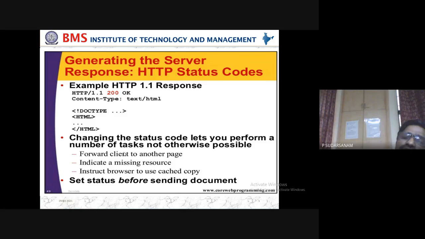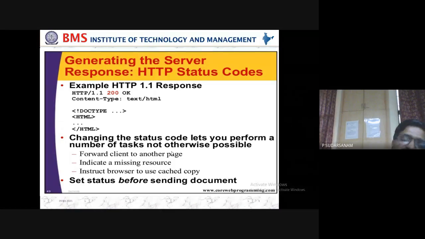So when will it happen? When you are clicking the new page, what happens? Another page. So indicating the missing resources. Here the first page, what will happen? You are clicking the new page, but it is not able to get that information. Another link is there, you are clicking, you are not getting that one.